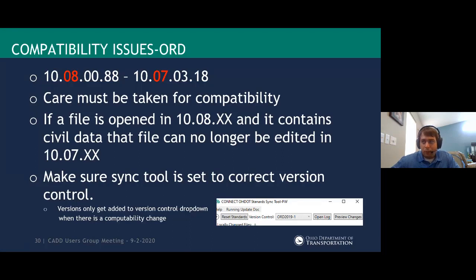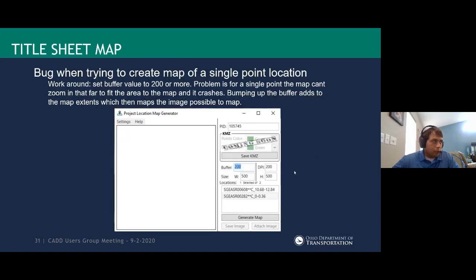I talk to the DOTs. We all want to make sure that we do our fair share of testing before we say it's okay to use. But ultimately, we can't just stay on the old version because we're going to be messing other people up. So within reason, I hope we all can come together and the DOTs can move within reason, not take so long and make it so hard on you guys. We're trying. I know it's a problem. The sync tool is there to hopefully alleviate some of that problem, but we're dealing with it as best we can.